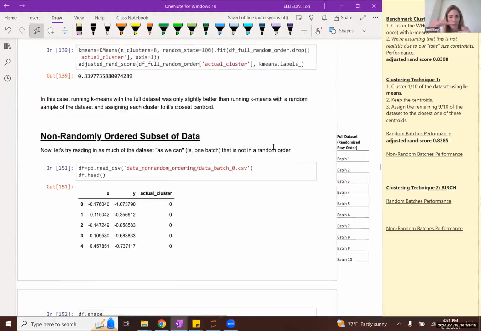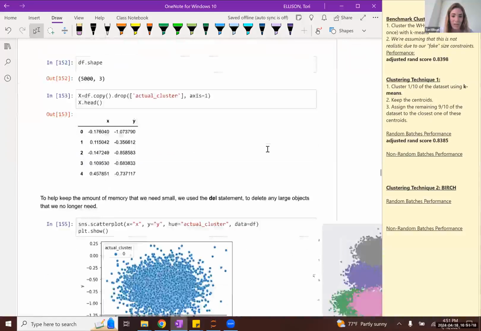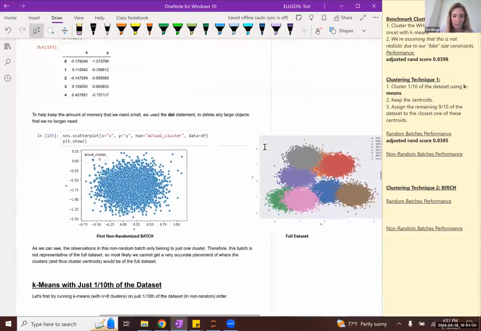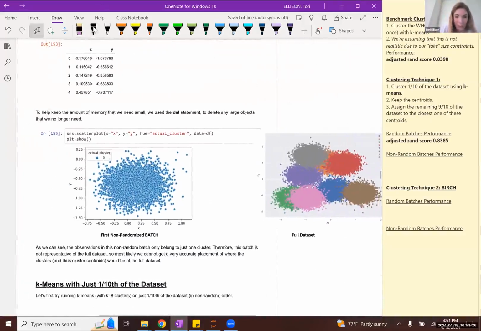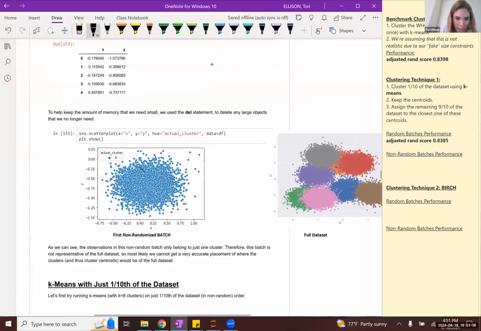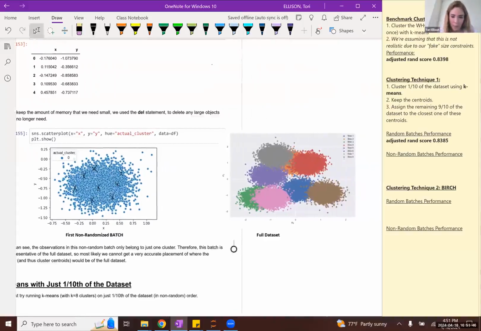Now, take note: if we were to utilize this same technique again, this is now our first batch when the ordering of the observations in the batches is not random. If we cluster this initial data set into 8 clusters, then we might expect that each of our 8 centroids is going to show up where these observations are in the initial batch.